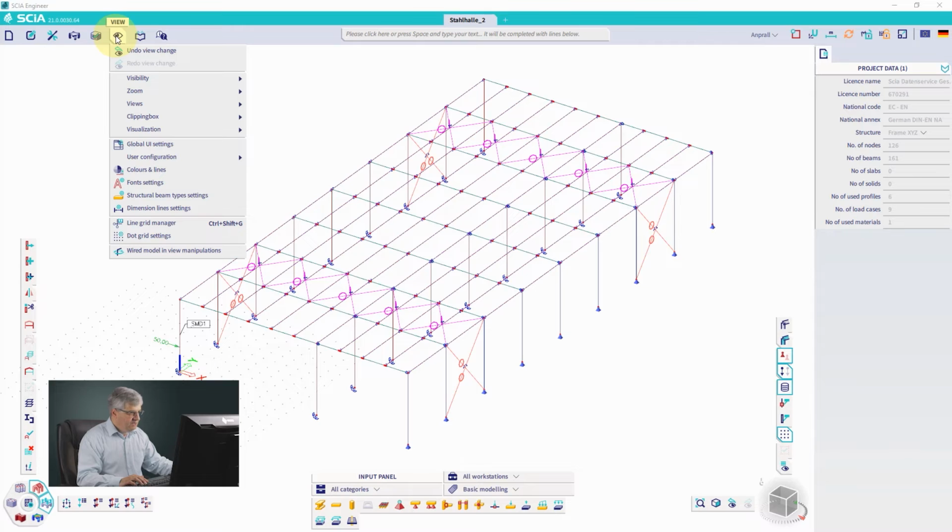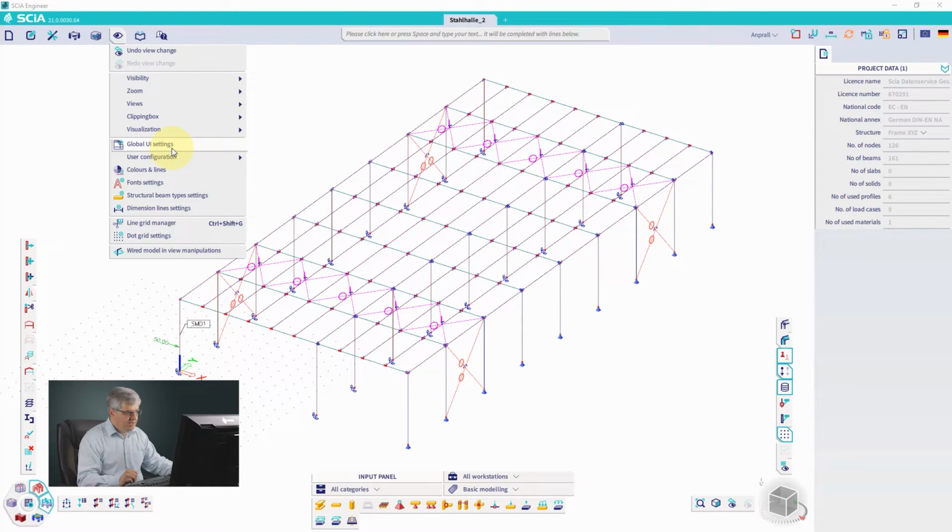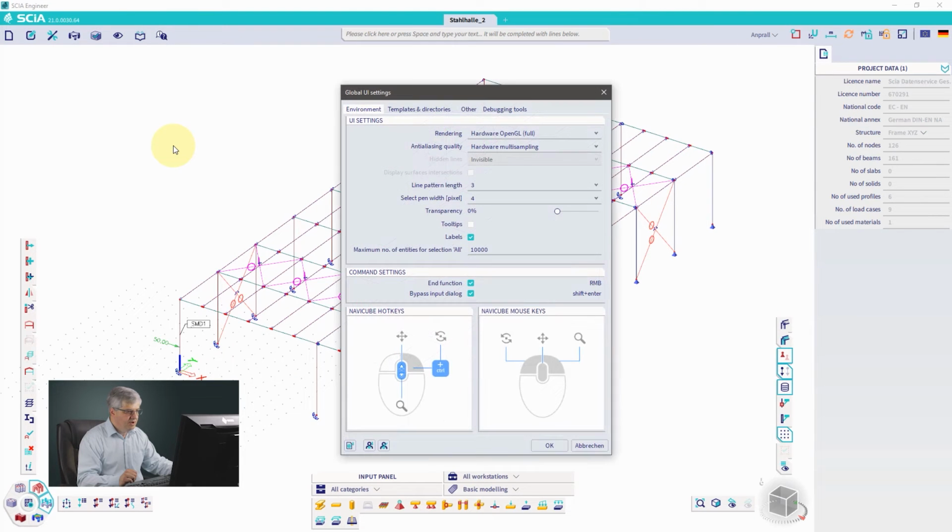Okay, then you have these settings where you can load and save the settings. Then there are global settings of the user interface. This could be very important for you. There are two types of rendering which are commonly used. This is hardware OpenGL and hardware OpenGL full. This full one was added, I don't know, 3 years ago, because in hardware OpenGL not all components were rendered on your graphic card. Some of the components were rendered on the processor, and